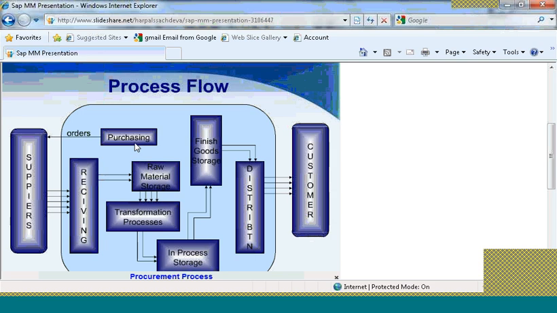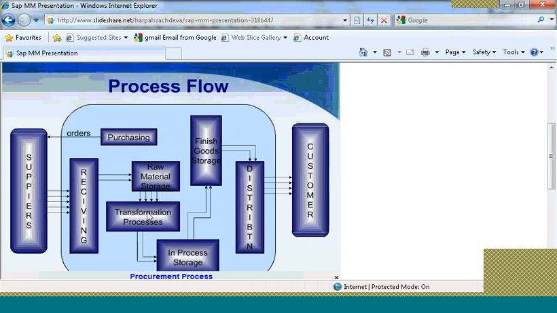Okay. Purchasing is your first flow which hits the suppliers. Now, how does the purchasing hit the suppliers? It would be through purchase orders. So you can see the purchasing is hitting the suppliers through purchase orders, and the suppliers in turn are receiving the purchase orders. From there, they are moving into the raw material storage for the stock availability. They are looking for the stock availability.